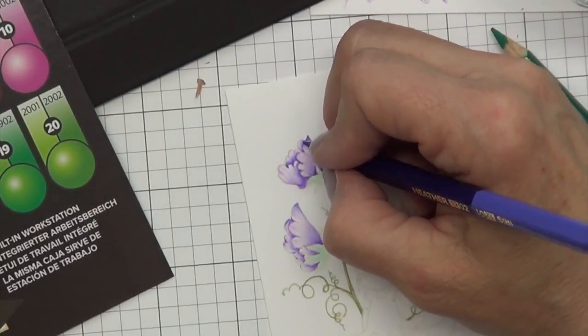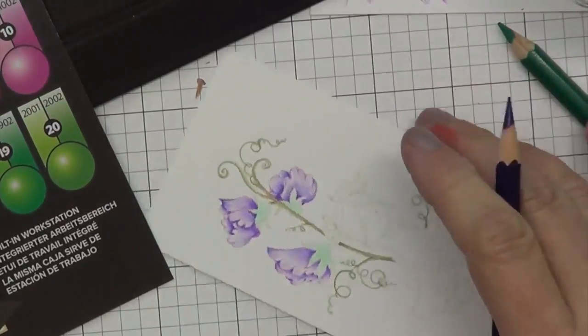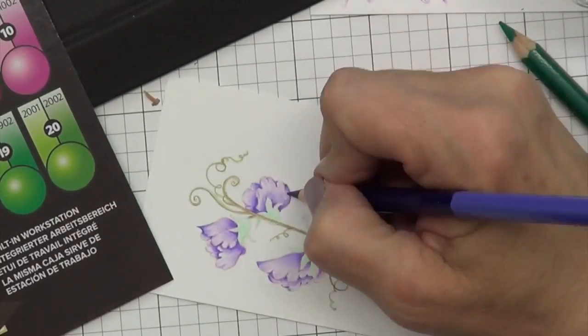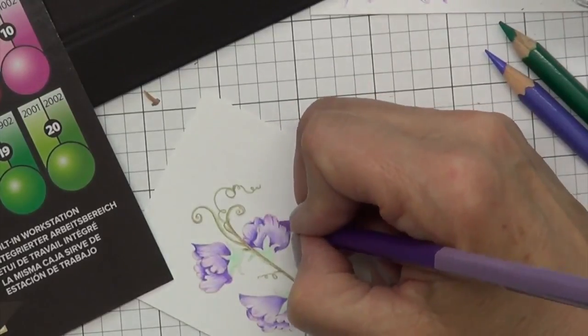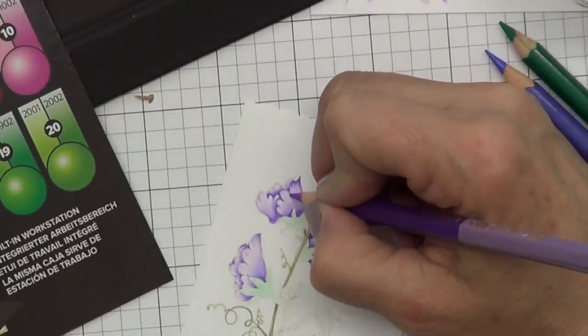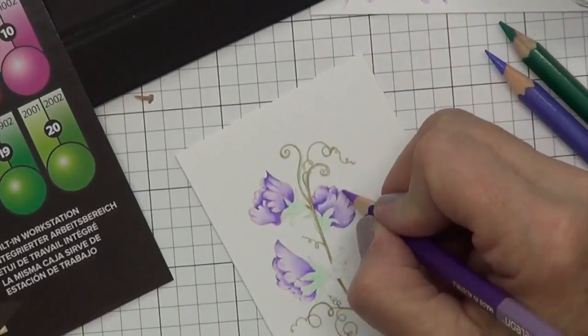So I kind of just let it sit, and then I go back and I just add more. Sometimes that's a fault because you really don't need to do that. You could really just stop and let it go. But it's part of the process for me, and I enjoy that. So that's what coloring is all about, is enjoying the process. So now